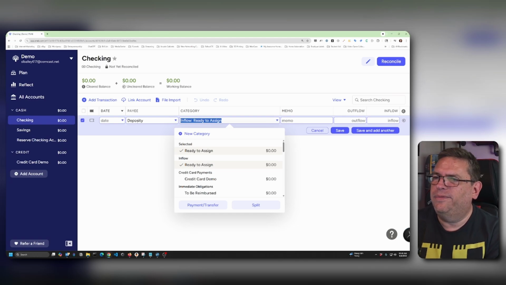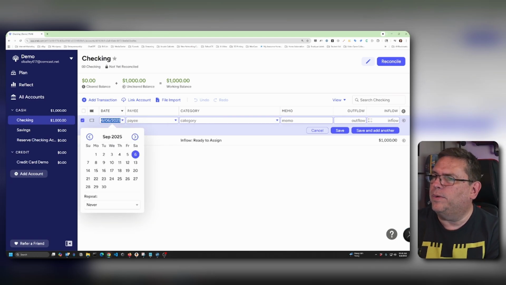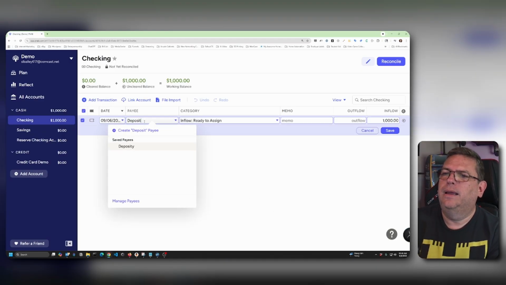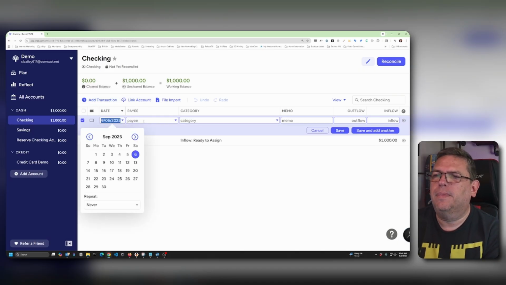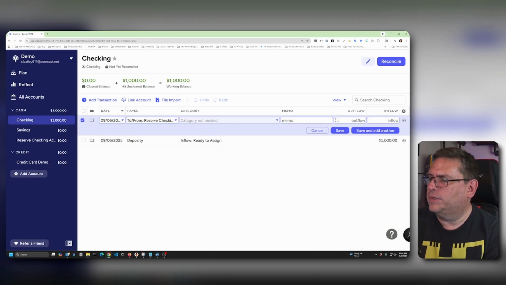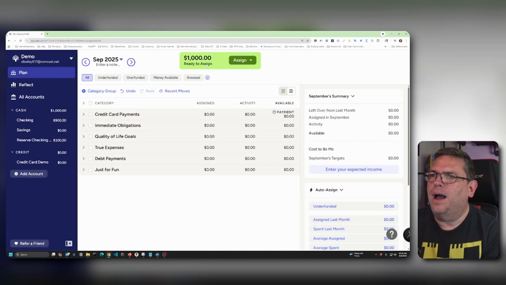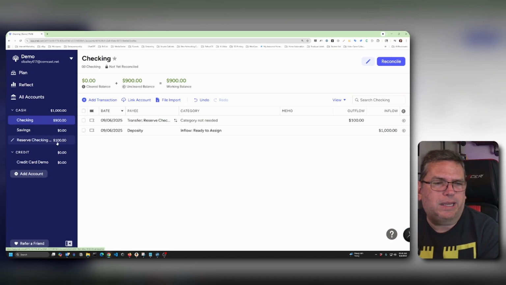And it's going to go into inflow ready to assign, and I'm going to make it $1,000. Again, just to keep the math simple. Then what I'm going to do is a transfer of $100 to my reserve checking account. And if you take a look, this is what Jackie's problem is. It still shows $1,000 ready to assign, but you only have $900 and you have $100 in your reserve checking